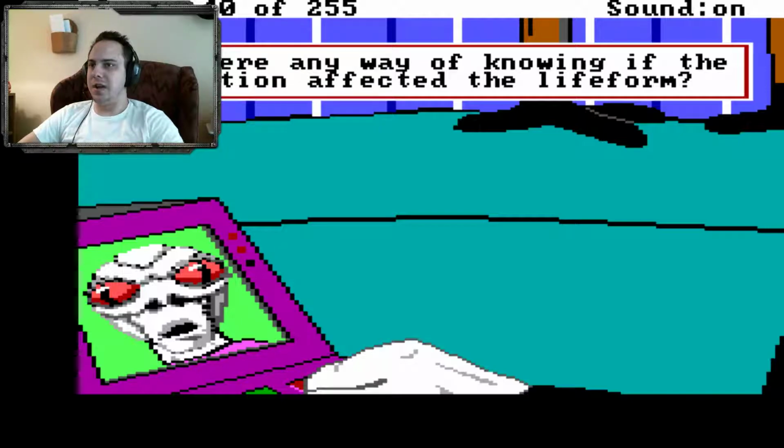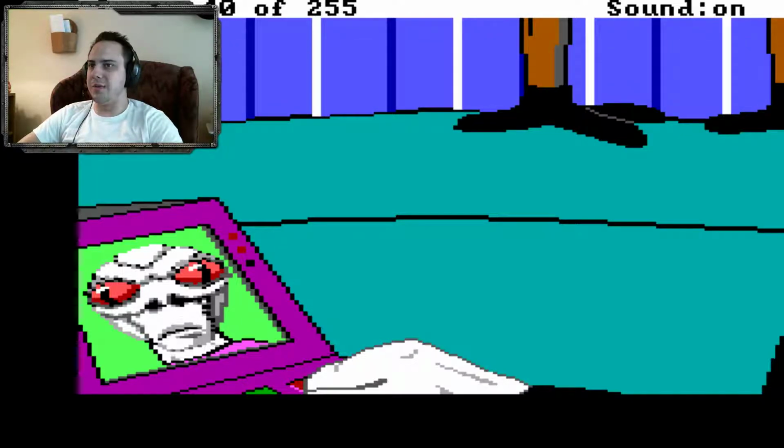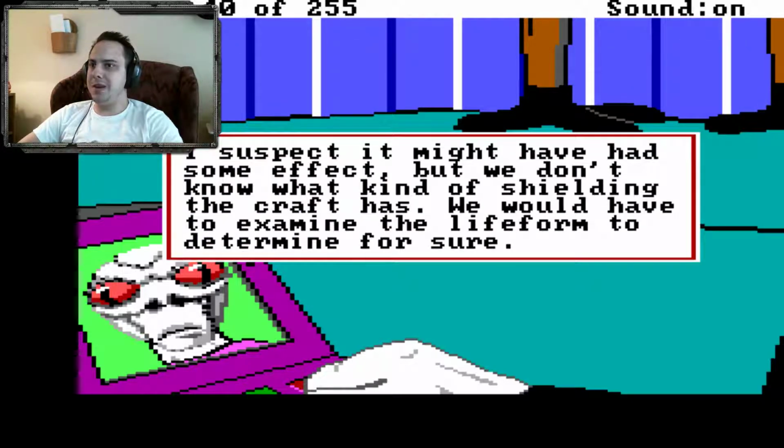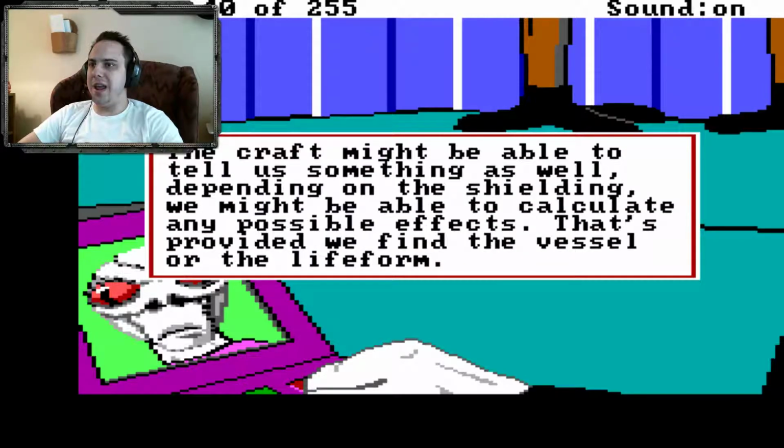lab. Is there any way of knowing if the radiation affected the life form? I suspect it might have had some effect, but we don't know what kind of shielding the craft has. We would have to examine the life form to determine for sure. The craft might be able to tell us something as well. Depending on the shielding, we might be able to calculate any possible effects, provided we find the vessel or